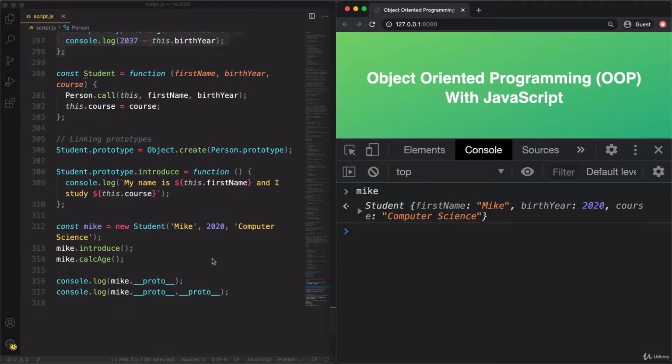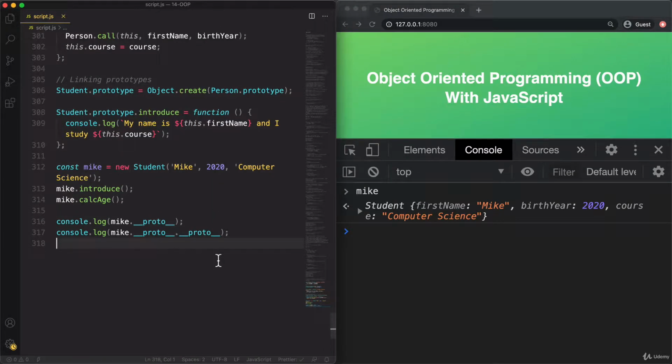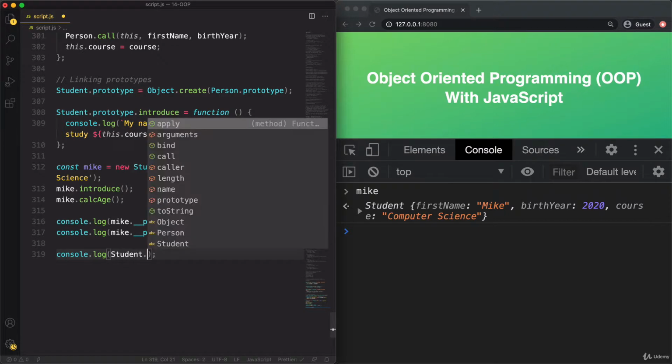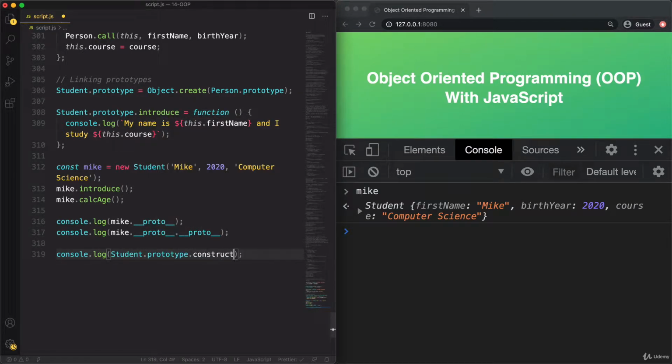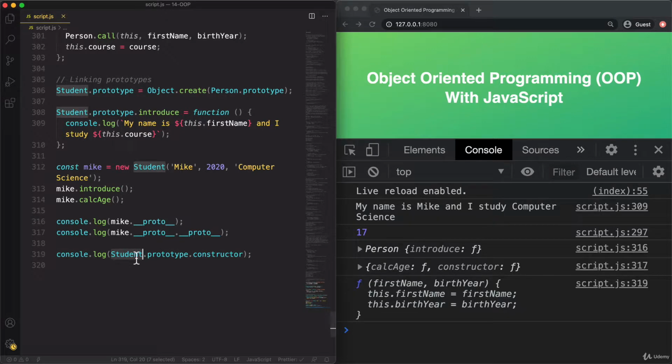So what I said that we need to fix is this. So when we take a look at Student.prototype.constructor, then remember that ideally this should point back to the Student, right? But here it points back apparently to Person. So actually we should use console.dir.